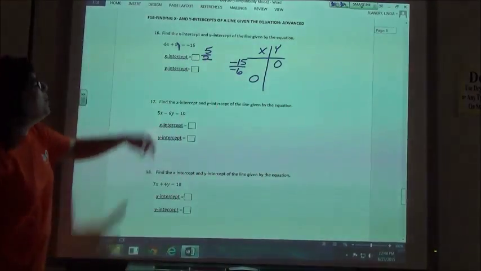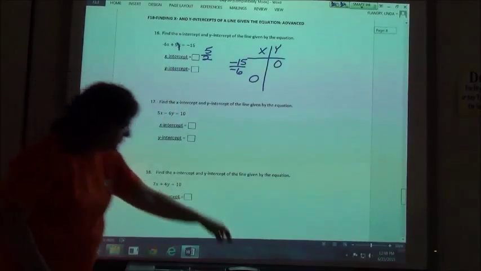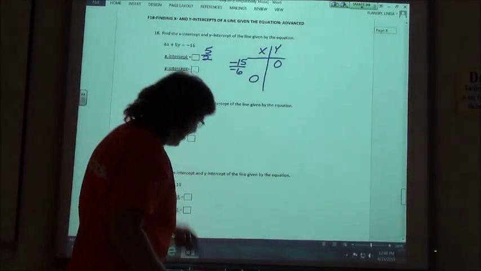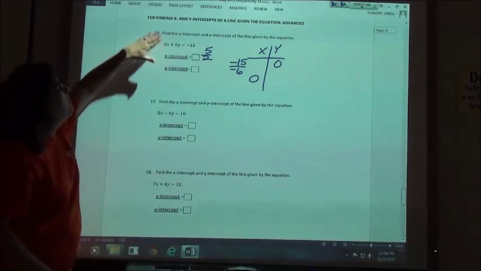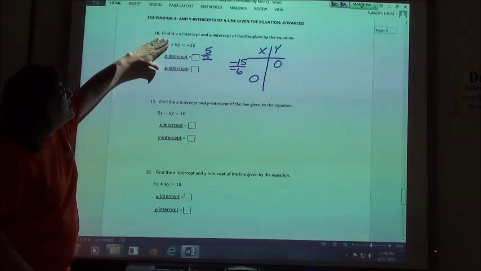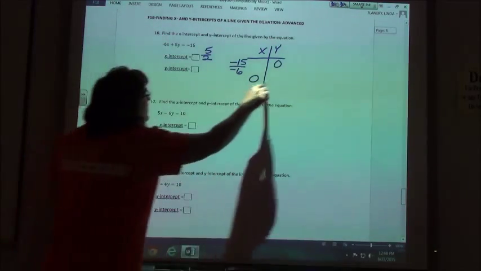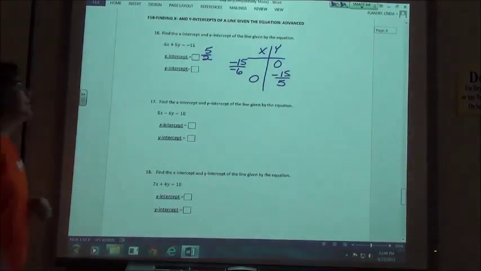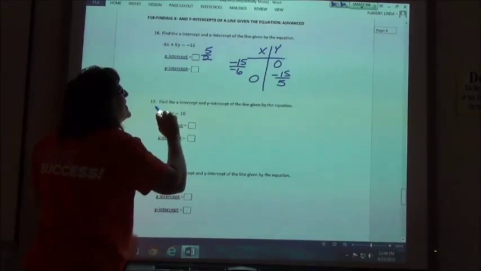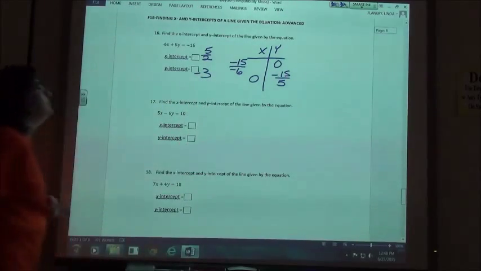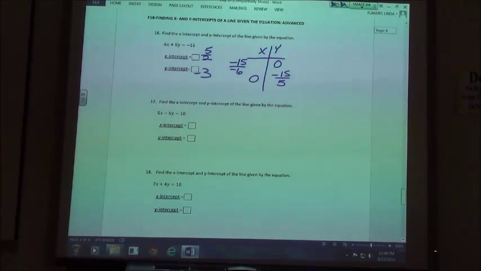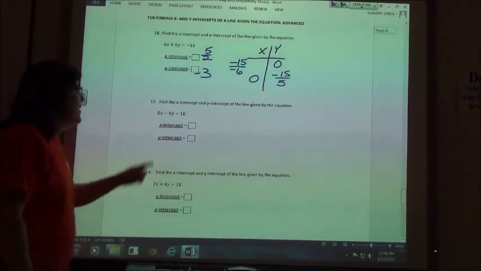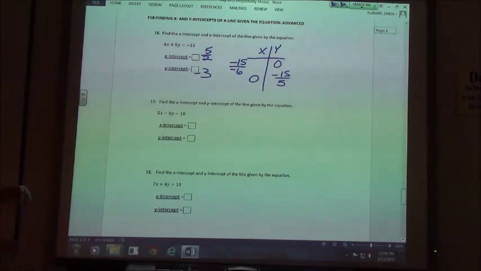So if I'm doing my y-intercept, if I get rid of my writing, I'm covering up the x, so I'm going to have negative 15 over a positive 5. And of course I'm going to simplify that, so I'm going to get negative 3. So that's just the quick way to find your x and y intercept without having to do a whole lot of calculations. Number 17 then, if I'm going to find my x-intercept, I'm going to get